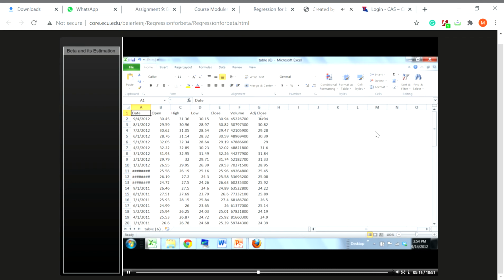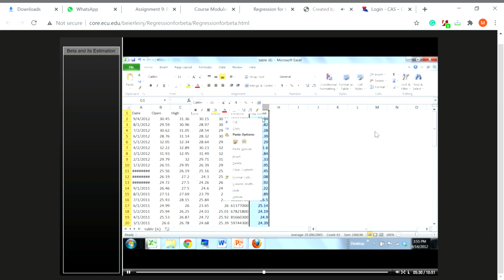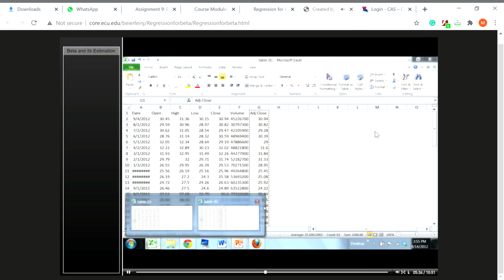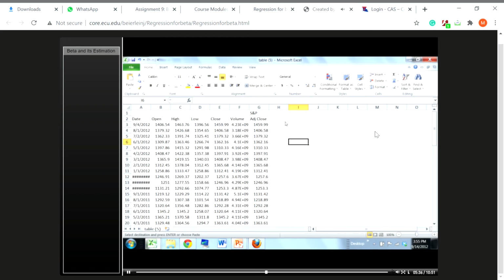Okay, so for Microsoft, I do have to use the adjusted close. For any individual stock that pays a dividend, I will have to use the adjusted close because it will adjust for the dividend. So I can just block this entire column for adjusted close, and I'm going to take it over to my other table